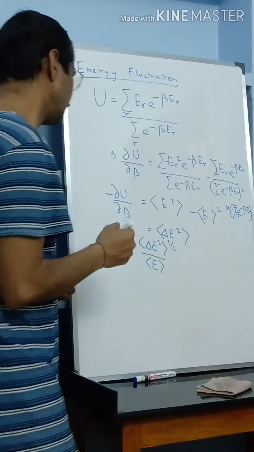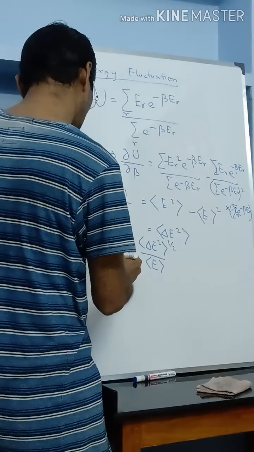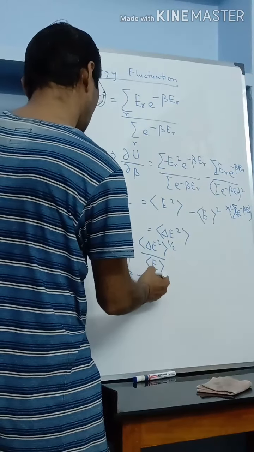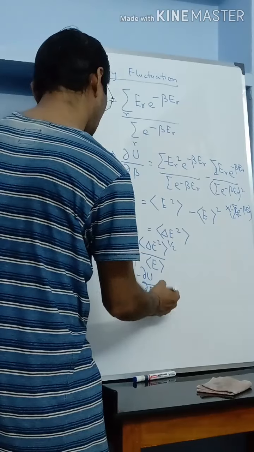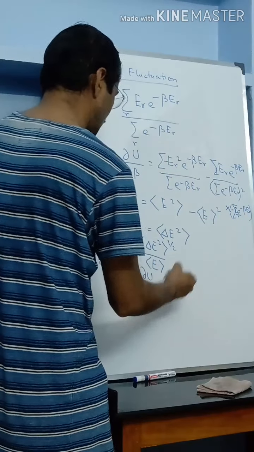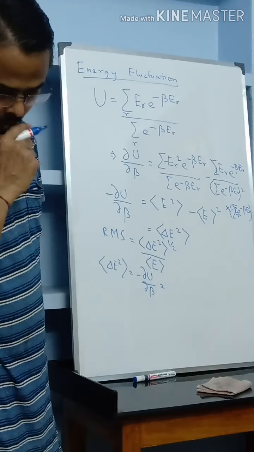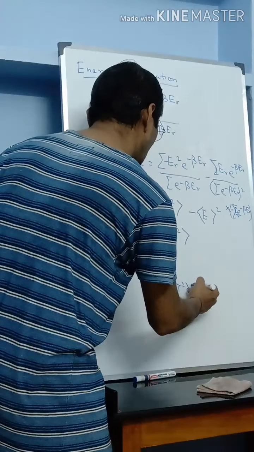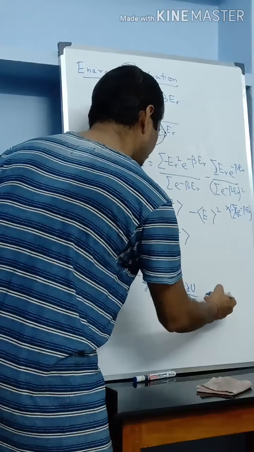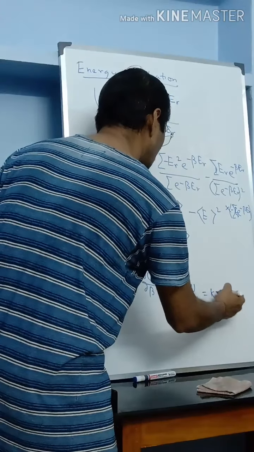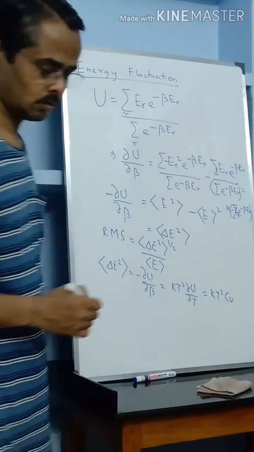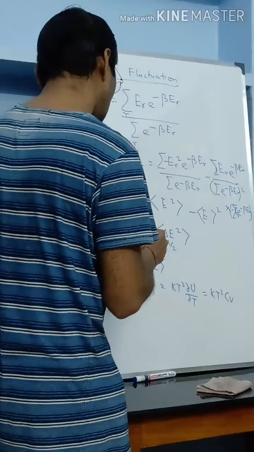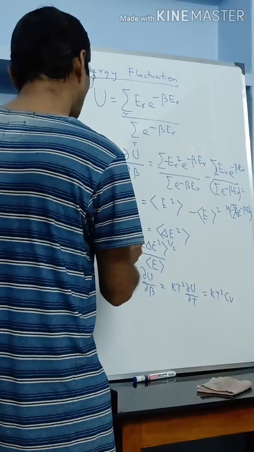So now what is delta E square? Delta E square average is minus del U by del beta, where beta is 1 by kT, so that is going to give us kT square del U by del T, and that is equal to kT square Cv. Now Cv is proportional to N, so what we can say is